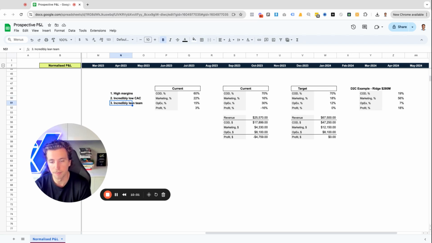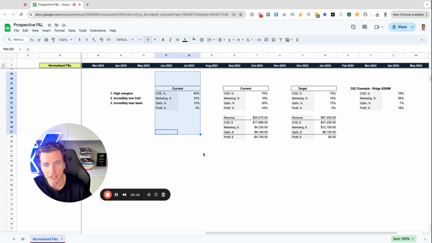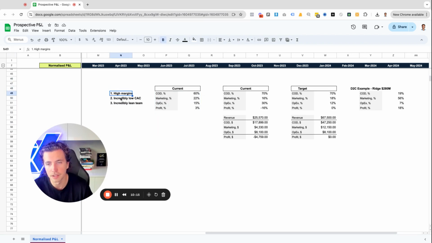And then number three, most people don't maintain a lean team or are even at a size to where lean team is even a lever within the business. And so the question becomes, how do you even achieve scale as a direct-to-consumer e-commerce brand? You don't have this, and then you don't have the volume here. And it's tough. It's super difficult. And that's why 90% of businesses fail and do not achieve a 7-figure run rate